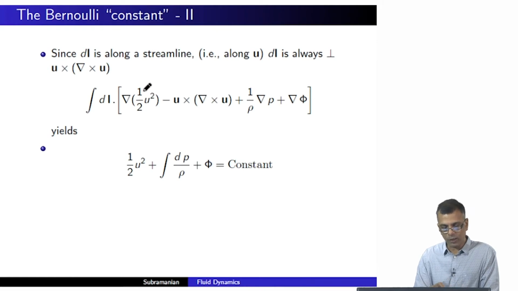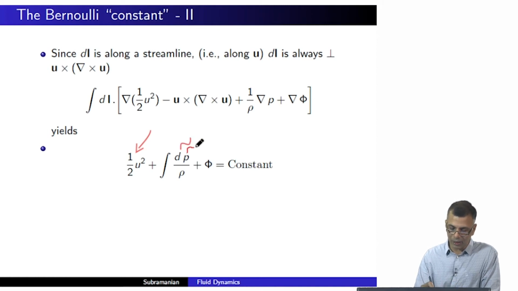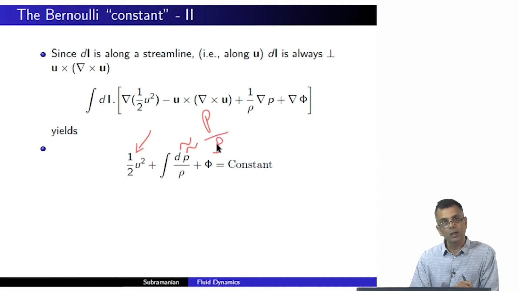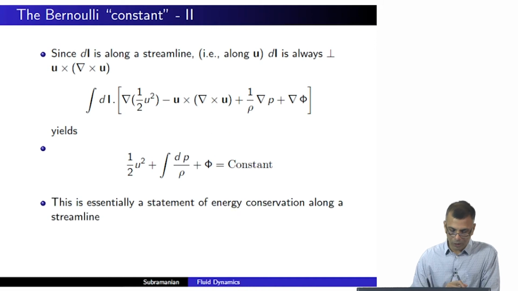So this is a perfect differential, right? So you simply get half u squared, very simple. And this is also a perfect differential. So it is really dp over rho and you are integrating over dp. Sometimes many people get a little careless and just write this as p over rho. This again is a perfect differential. So you simply write phi when you integrate along the streamline. So this is a central result, and because it is a constant,